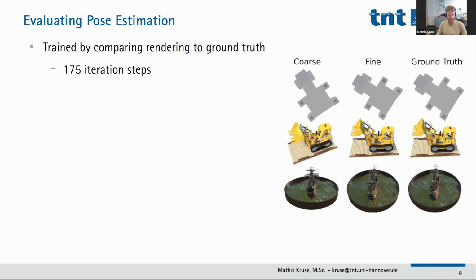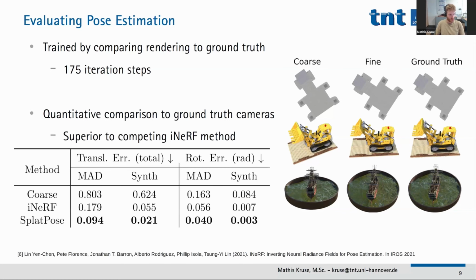So we also evaluated the pose estimation itself. On the right-hand side, you see a few examples of the first coarse estimate of a pose, then the pose fine-tuned by our differentiable process, and the ground truth to which we want to get, and they match pretty well on different data sets. We run this for 175 iteration steps, but we can have it run for more steps if you want to get even closer. We also evaluated this pose estimation quantitatively